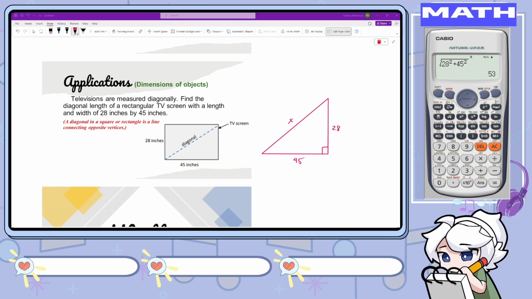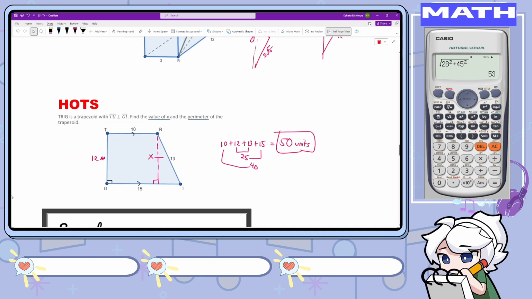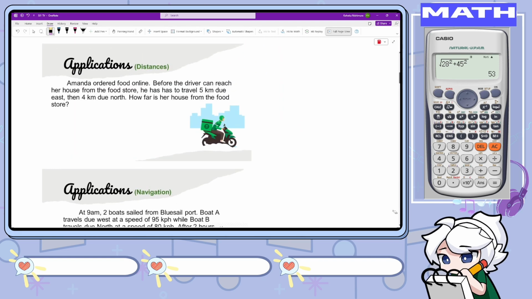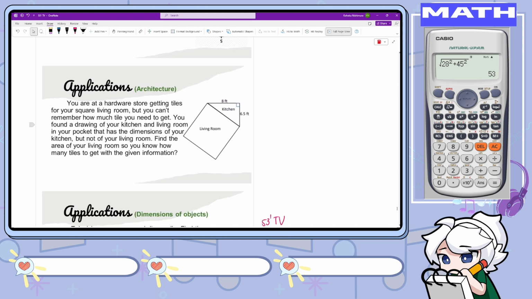So, x is not equal to 53, and you already have your answer because the measure of the TV is measured by its diagonal. So, you have a 53-inch TV. Case in point. And I think that's it. So, this one is concluded. You can solve for this on your own. You can pause the video again if you want to try solving this on your own. And let's move on to the next part of the lesson,